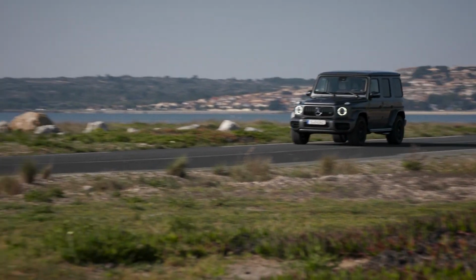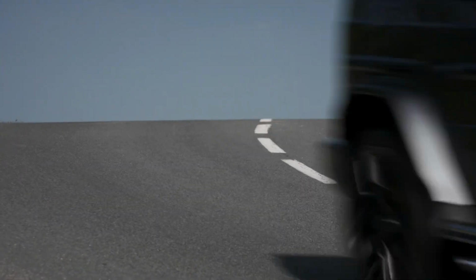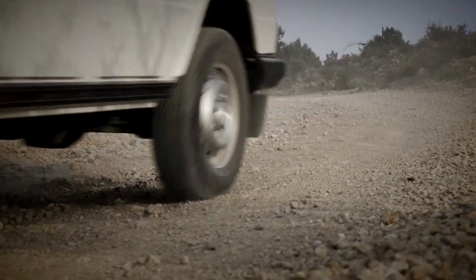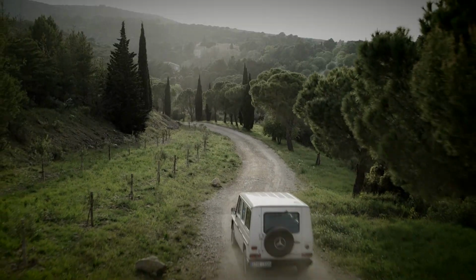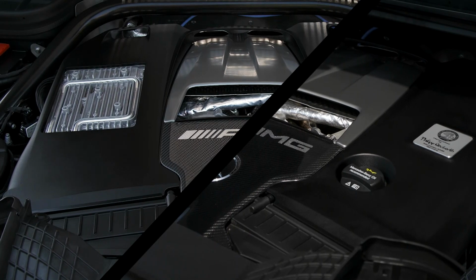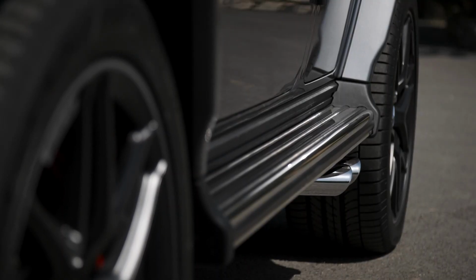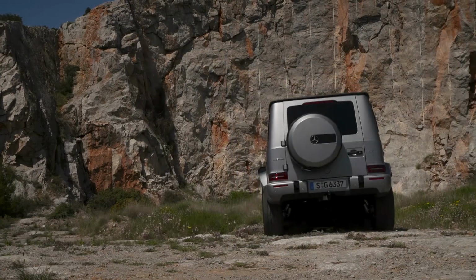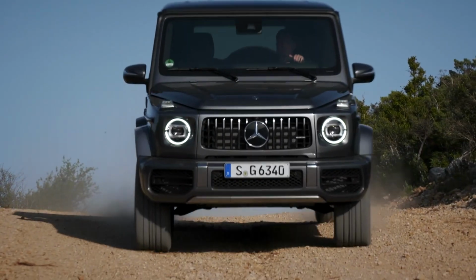This is where you realise just how much of an update the G63 has had. In the old models, the AMG engines would be detuned from other products because pumping too much power through the old chassis would have simply been too much of a handful. In this one though, it gets the full fat 4-litre bi-turbo V8 from a GTR. Power is a staggering 577 brake horsepower, meaning the 2.5-ton box on wheels can get from 0 to 62 in